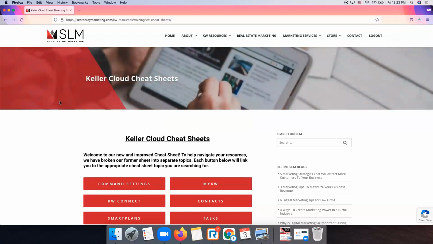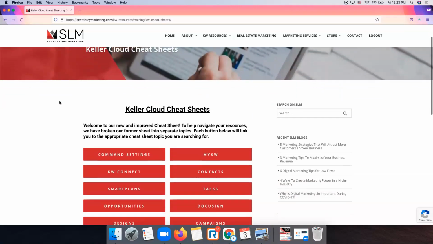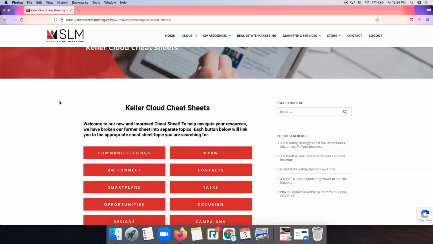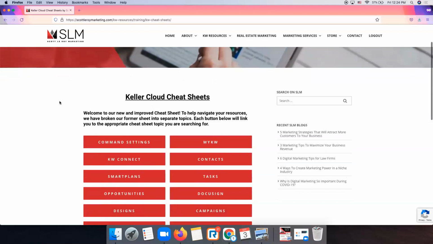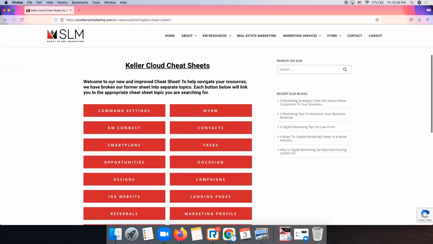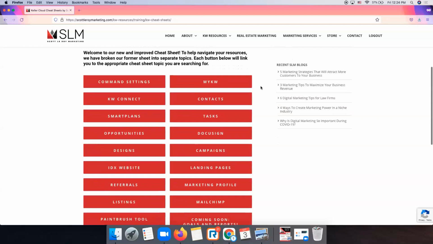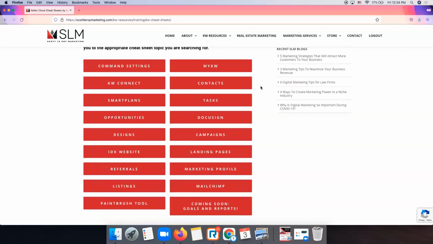Now, these launched recently. These are basically a big comprehensive document to help you learn how to use command. So I like to compare these to your owner's manual for your car or a user's manual for something. These are big documents with all of your written instructions on how to utilize these different sections within command. So for example, if I click on Smart Plans,